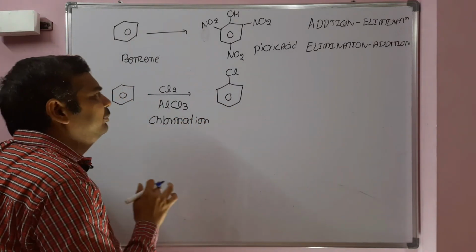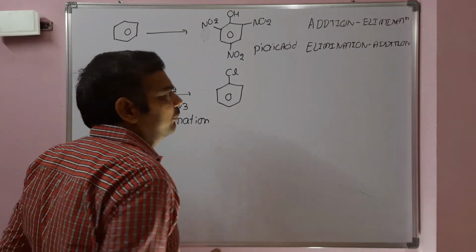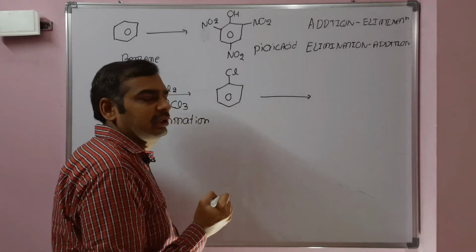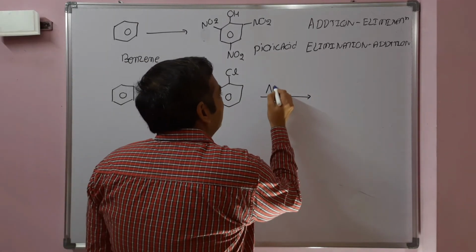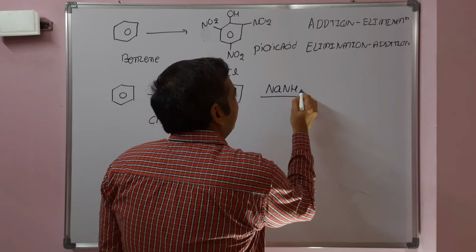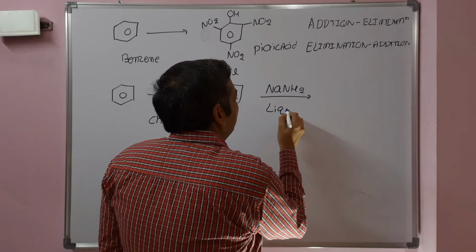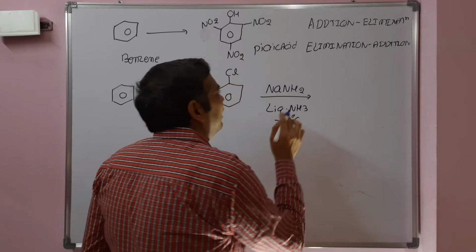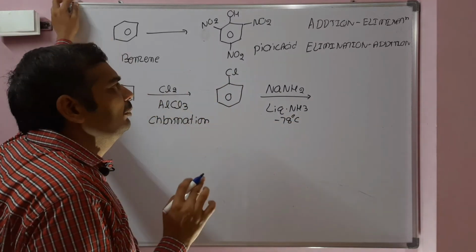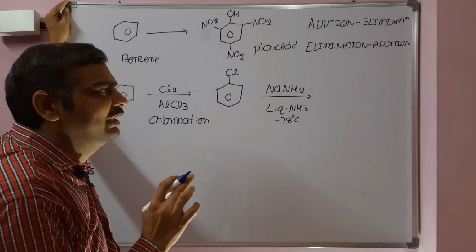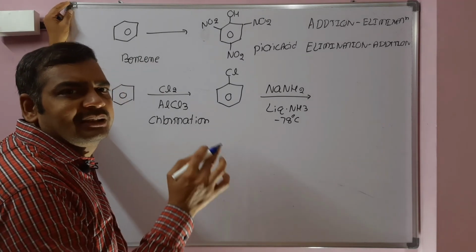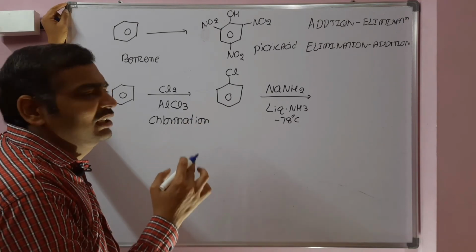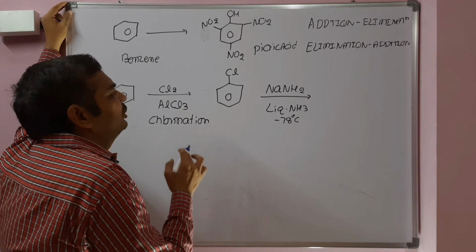Chlorination of benzene gives chlorobenzene. After preparing chlorobenzene, we need to do an elimination reaction, for which we use sodamide in liquid ammonia. The temperature here is minus 78 degrees centigrade, whereas the temperature required for the addition elimination method is around 135 degrees centigrade. Why? Because OH minus needs to replace chloro minus where an electron withdrawing group is present, otherwise that reaction is not possible.